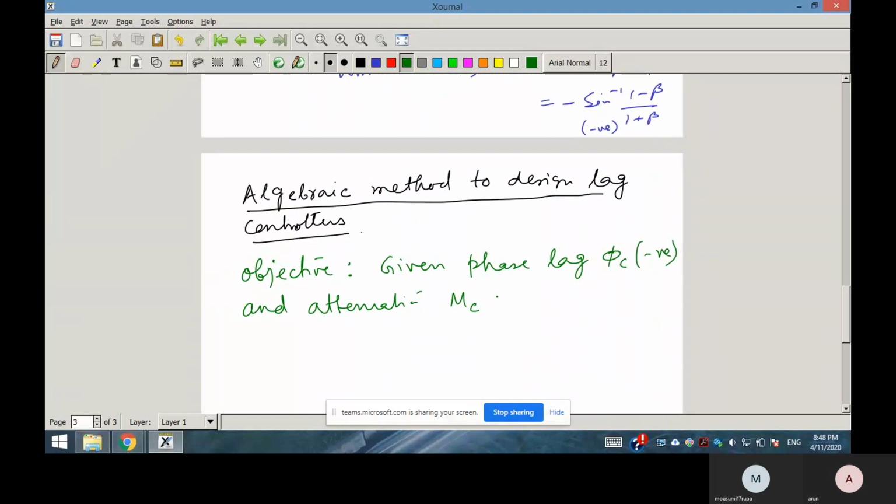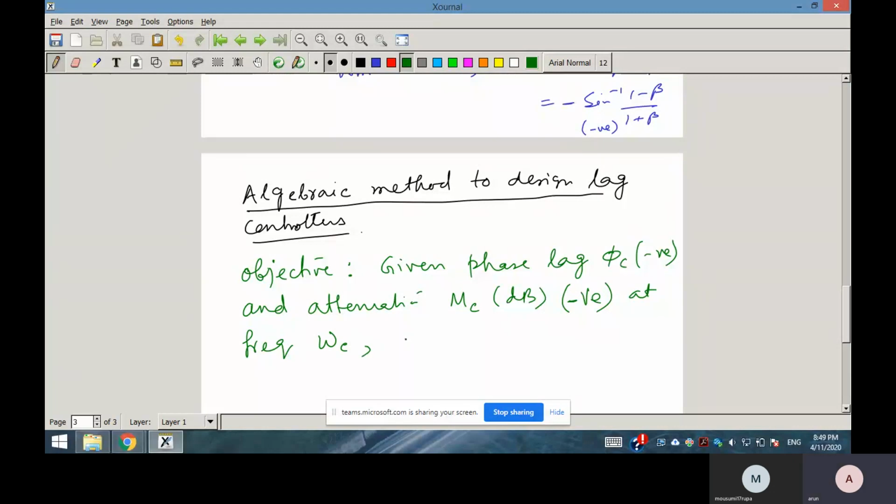MC in dB means that MC is again negative. Remember that. In case of lead controller, phi c and MC both are positive. Okay, MC in dB means attenuation means negative, so negative in dB. So at frequency omega c,